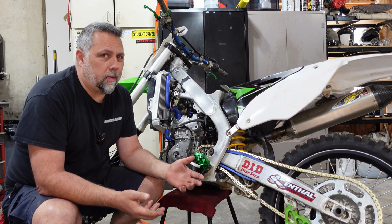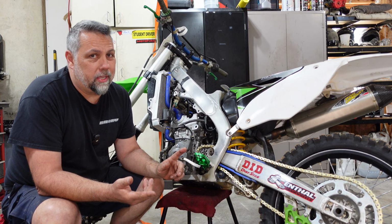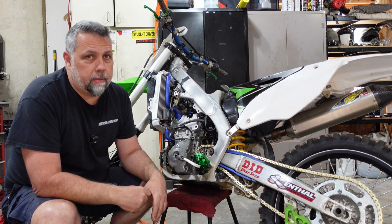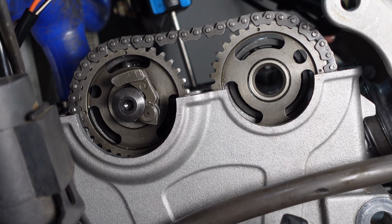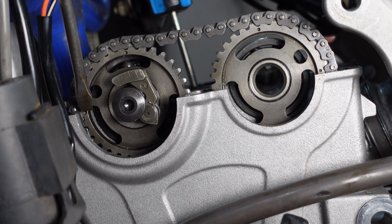So got the new timing chain in, easy enough, right? We'll just go ahead and follow that procedure that we did earlier in the video and reset all our timing back up again. I just want to show something before I go any further. The difference between an aftermarket timing chain and a factory timing chain. If you can see, your timing mark is perfectly lined up with the head,